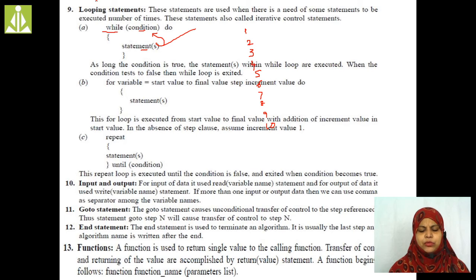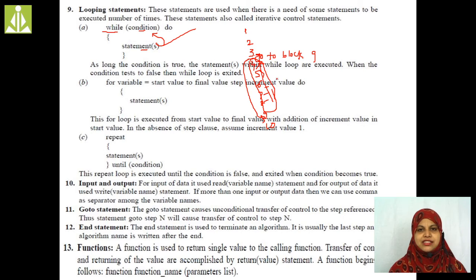For example, 10 blocks are there. Here after the third block we have to execute the ninth one. After the third block we have to go for the ninth one. Blocks 4, 5, 6, 7, 8 are not required for my project. At that time, directly here I am going to write go to block 9. Directly we are going to skip blocks 5, 6, 7, 8.